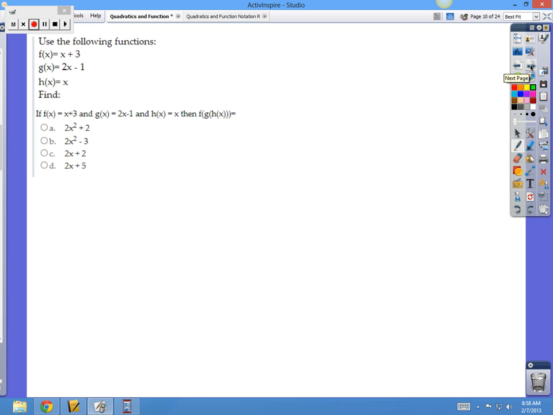Okay, this one's even trickier. So it's F compose G compose H. So they want you to start with H. Start with your innermost, plug that whole thing into G, and then plug that whole thing into F. So H is actually kind of a nice one. H is just X. So you're going to take that expression of H and you're going to plug it into